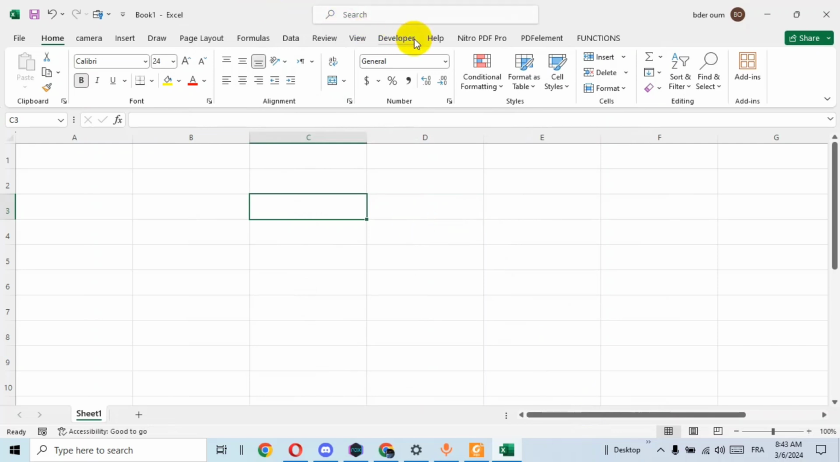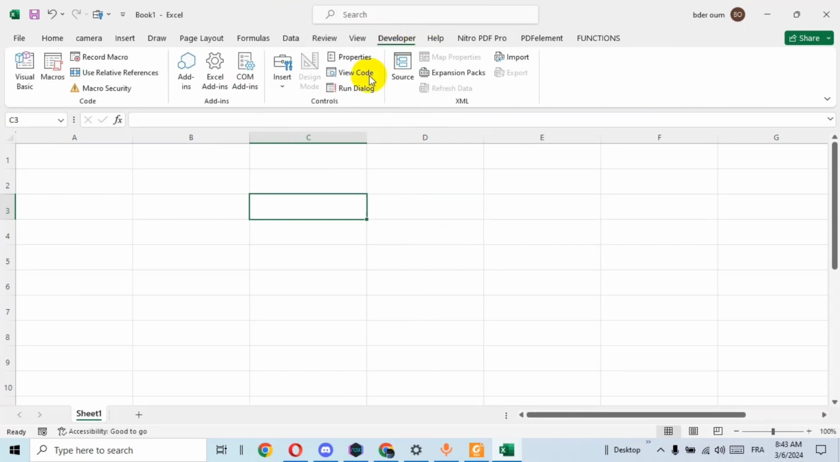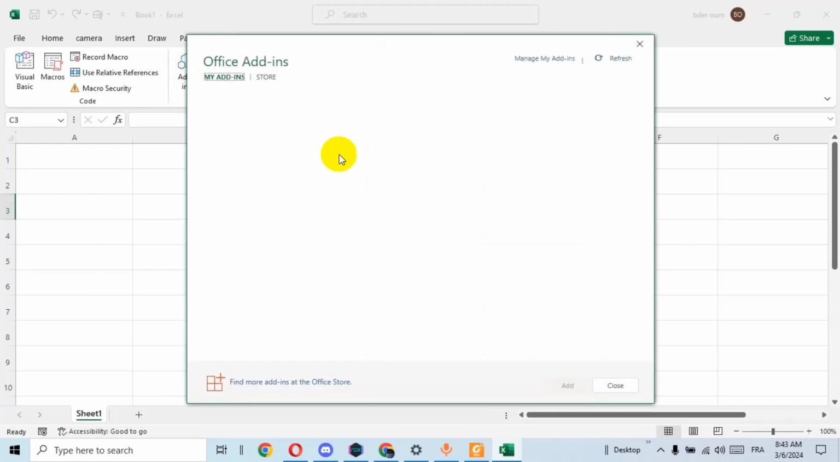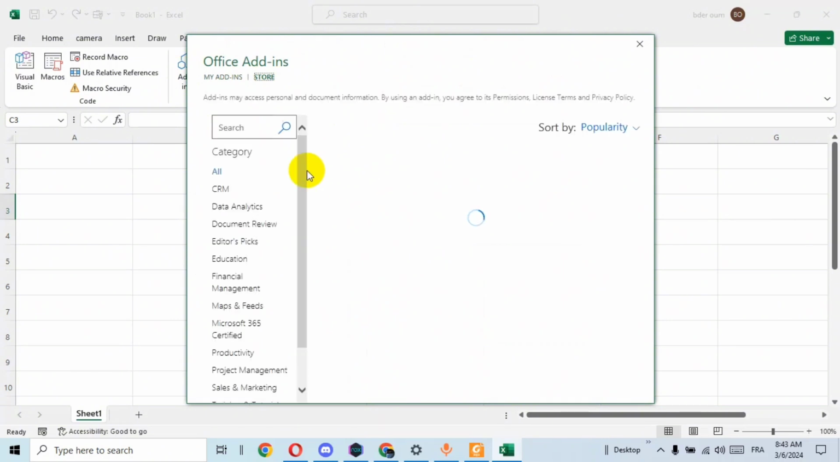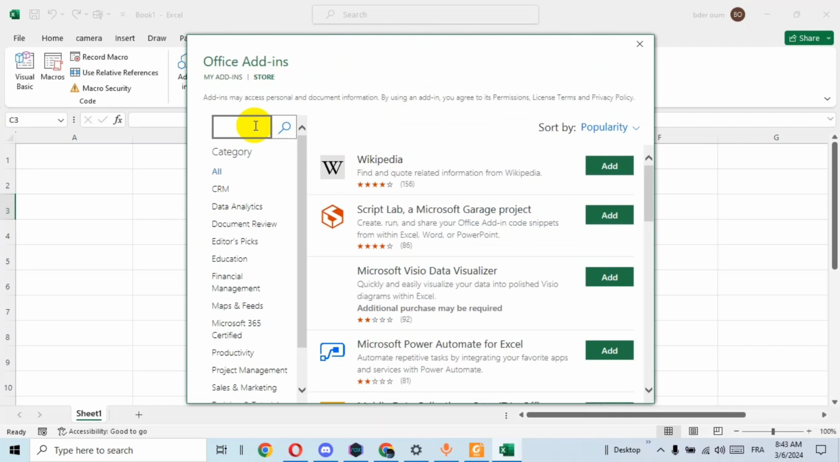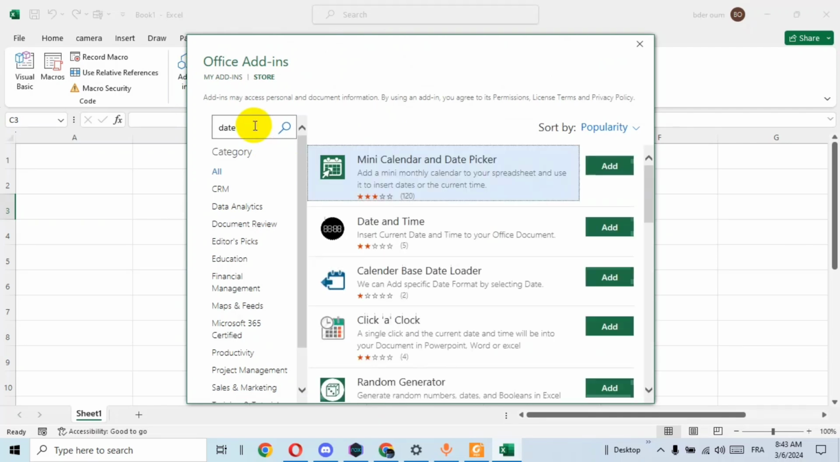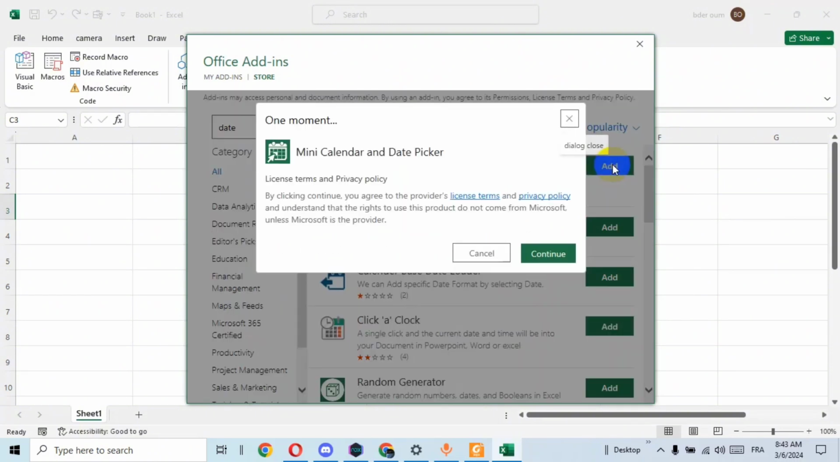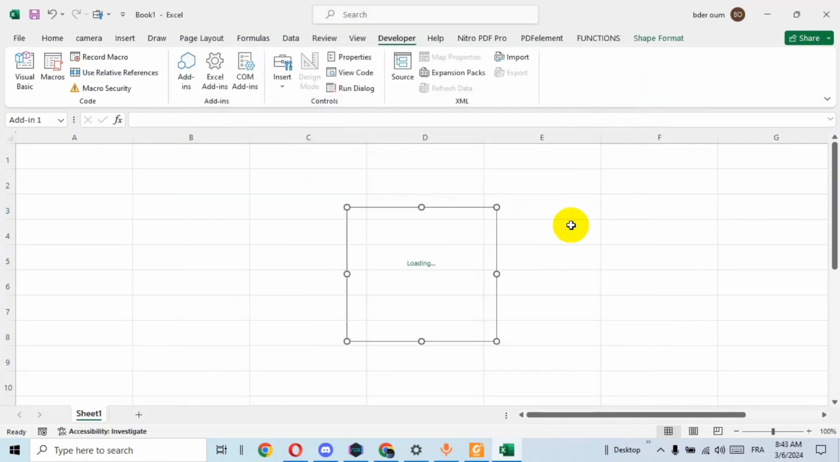Great. Now that we have the developer tab, let's go ahead and insert the mini calendar and date picker. Go to developer, then add-ins, then go to store, in the search bar type date, enter, then choose the first one, click on add, continue,